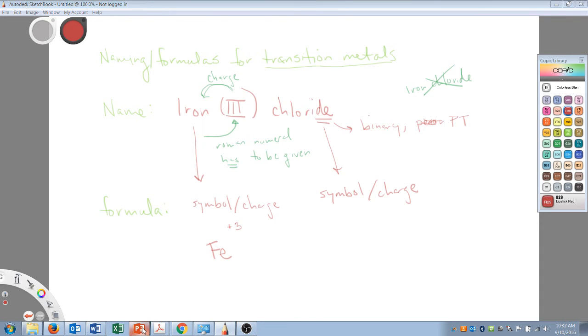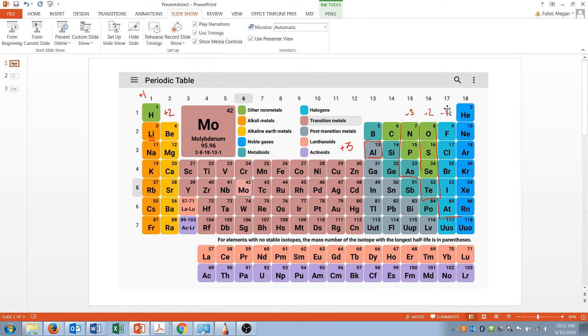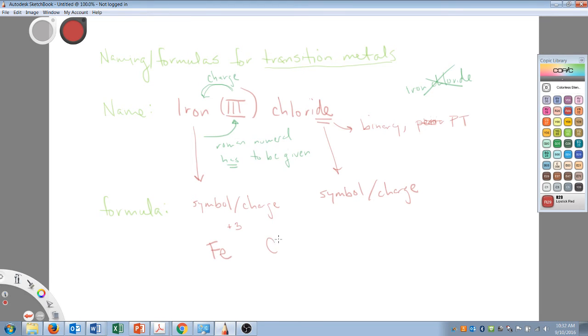Chloride, I go back to the periodic table, I find him in the halogens, and I know his charge is a -1. So I need his symbol and his charge. So I go back, and I have chlorine. Now I know I call him chloride, and he's a -1. These guys are not electrostatically neutral. A +3 and a -1 do not cancel. I take the number, it tells me how many chlorine I need to get. I take this number, it tells me how many iron I'm going to need, and if I want to put all that information together to make the formula for iron 3 chloride, it will be FeCl3.